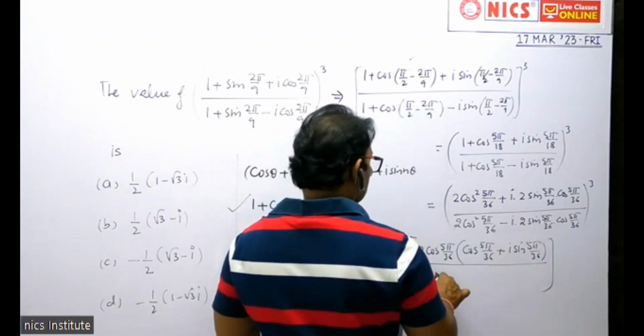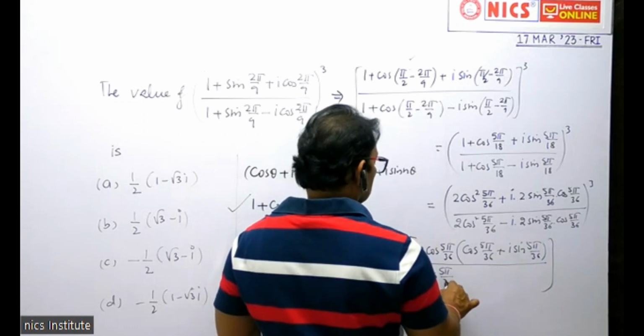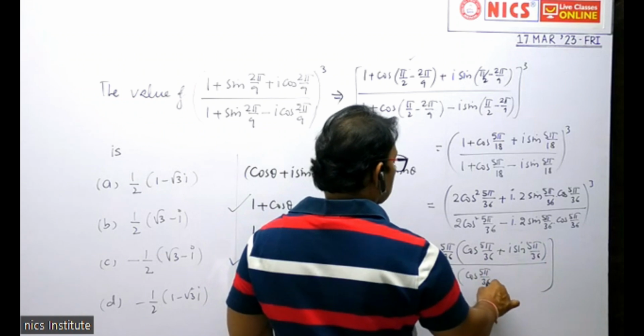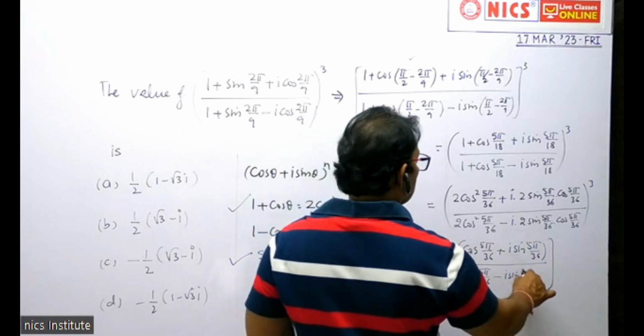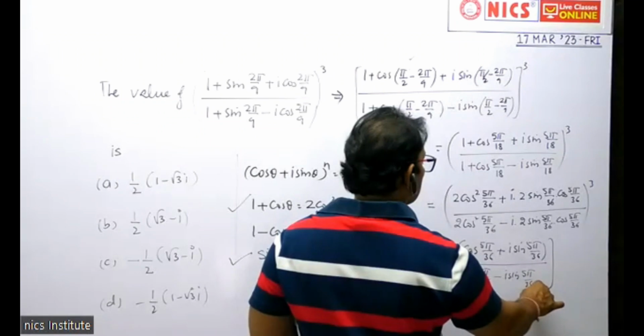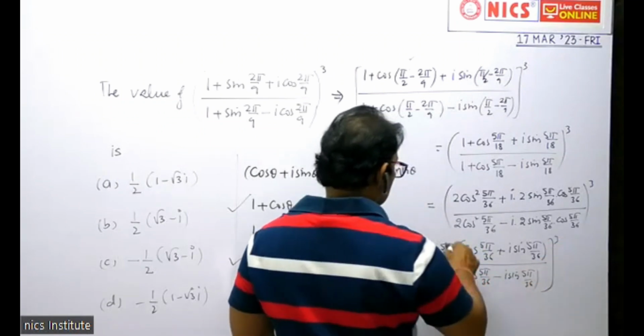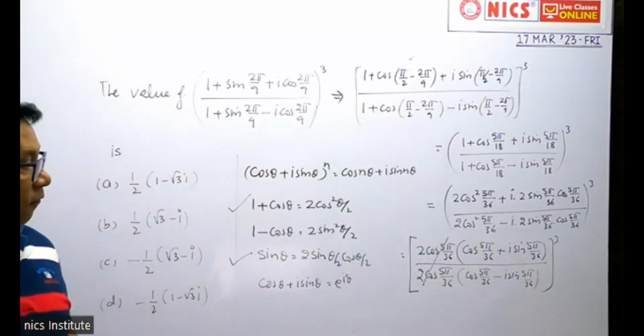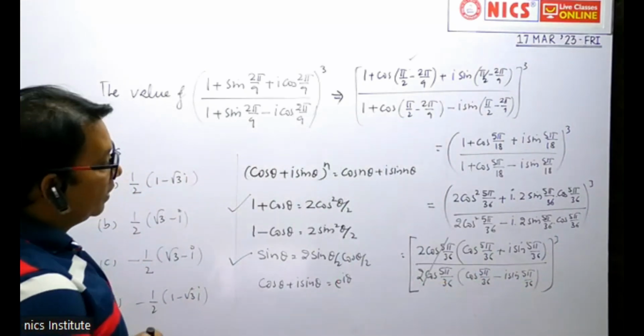Similarly, in the denominator also, common cos 5 pi by 36 minus iota sine 5 pi by 36. This will cancel out. So now we get the standard polar form in the numerator and one as well as